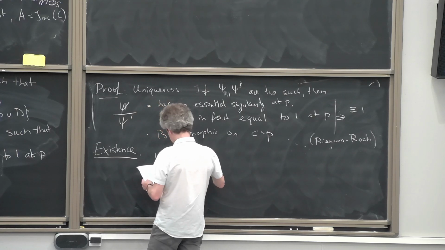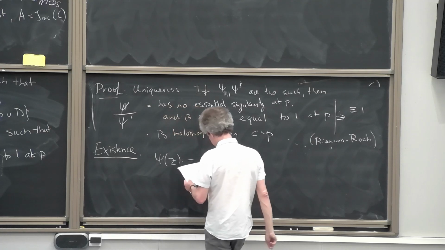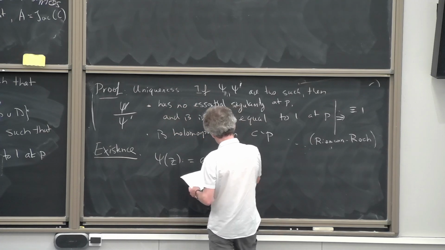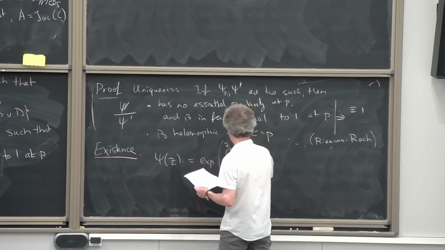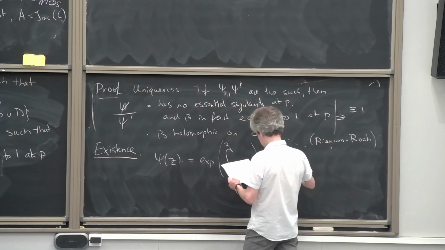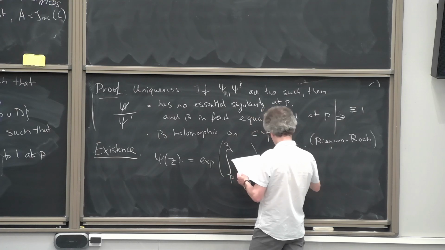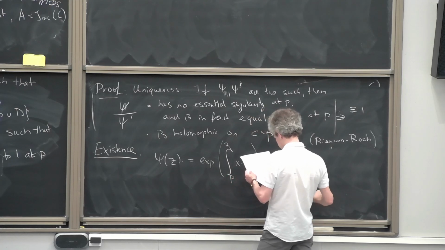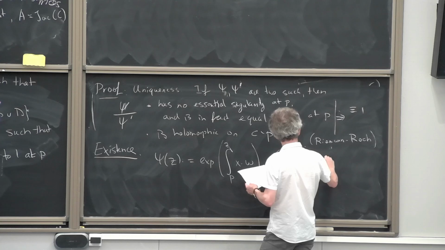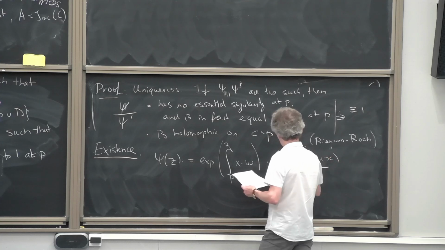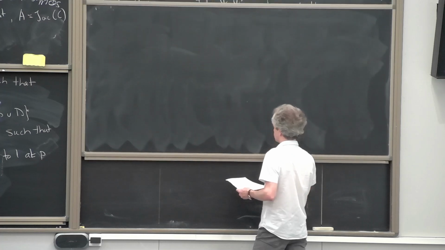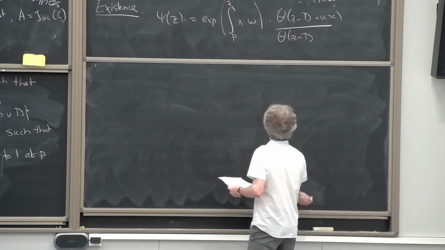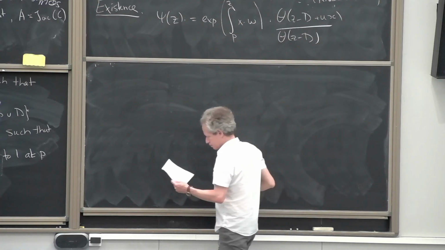It's the exponential of the integral from p to z of x times omega, times theta of z minus d plus ux, divided by theta of z minus d,